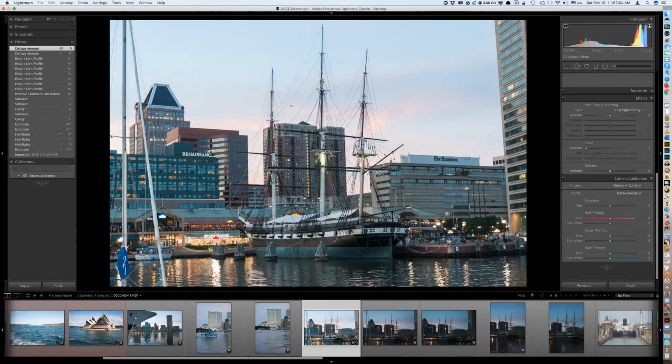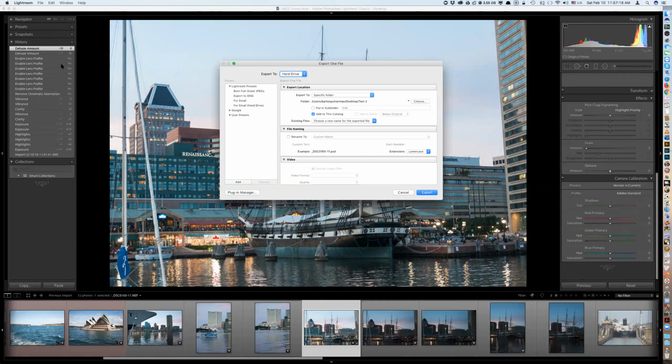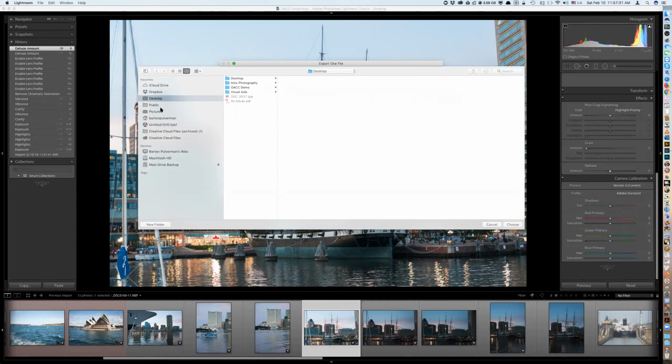For that, I need a little bit more control. So what I'm going to do is put this picture into Photoshop. The way we're going to do this is go down here and hit Export. The first thing it's going to bring up is this export box here. The first thing I want to do is choose where to export it to, and we want it to go into the edit file, which right now you'll notice has all of those